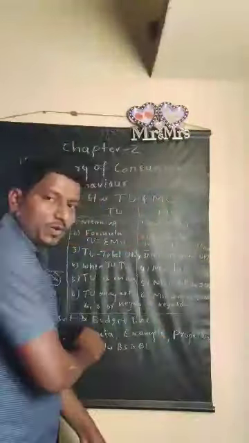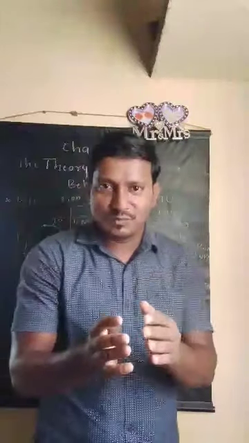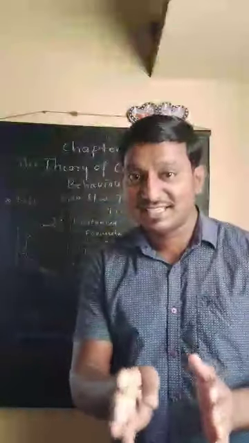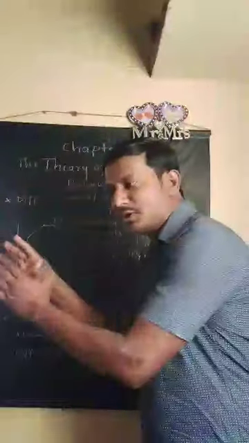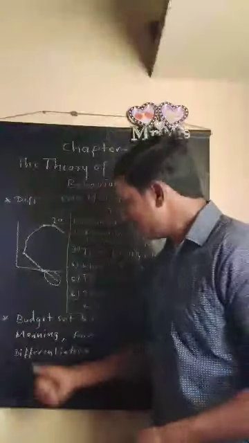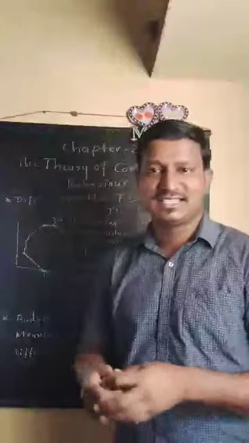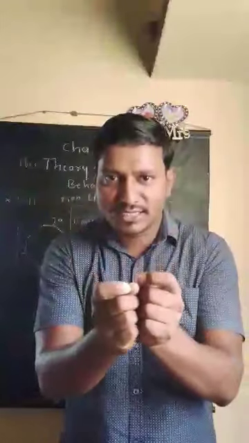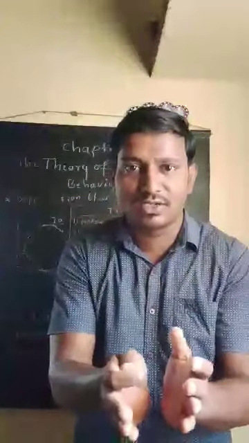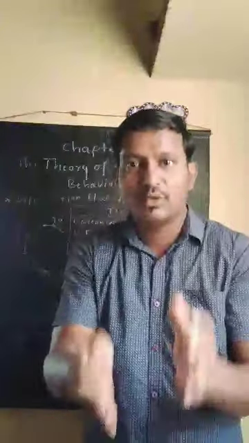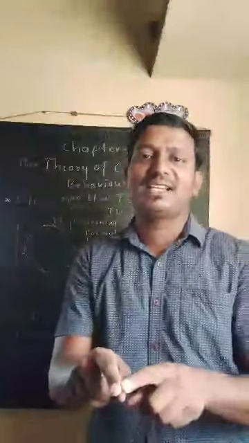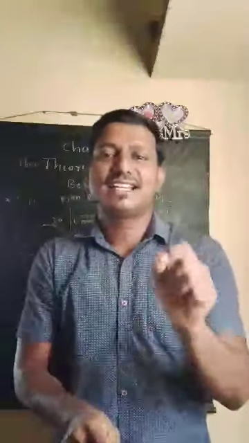So here, what is the budget set going to indicate? Budget set means the income that we set in order to purchase different commodities. Set means what we keep, what we put aside for the purpose of purchasing different commodities. So coming to the meaning, what is the budget set going to tell us? The budget set is the collection of different bundles of two commodities or different commodities which are available to a consumer at a prevailing market price and at a given level of income.